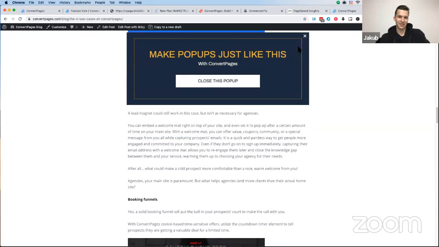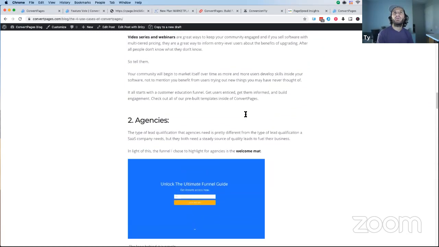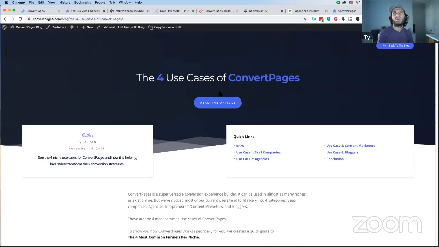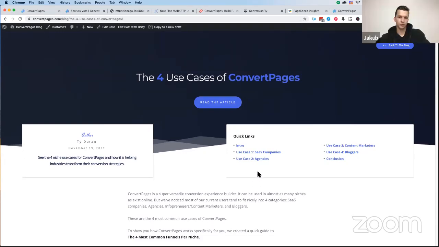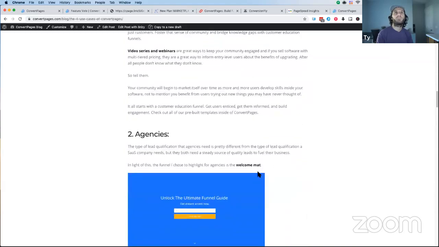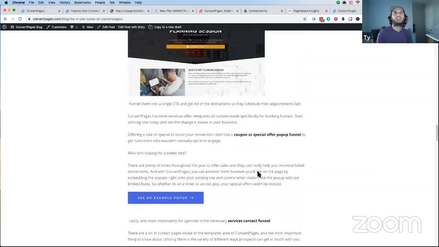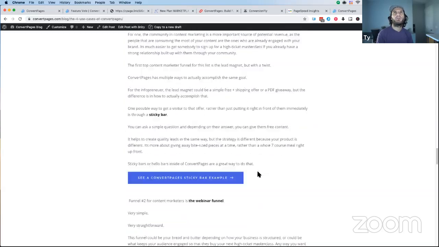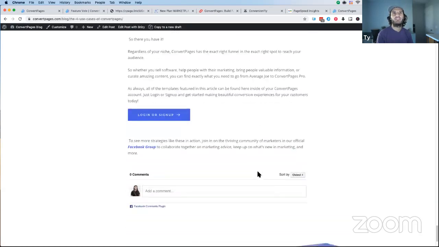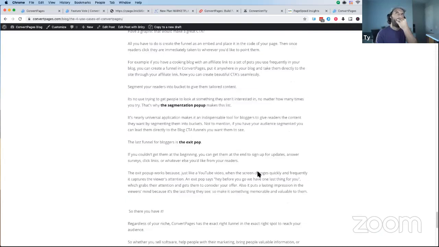Here we go. There's the pop-up, and you can put pictures in there, opt-in forms, whatever you want. You can put it, like I said, right there. That one is the top center, but you can put that on the bottom or any of those other places. We're showing in this blog post how agencies, SaaS companies, infopreneurs, and bloggers can use ConvertPages right now to begin